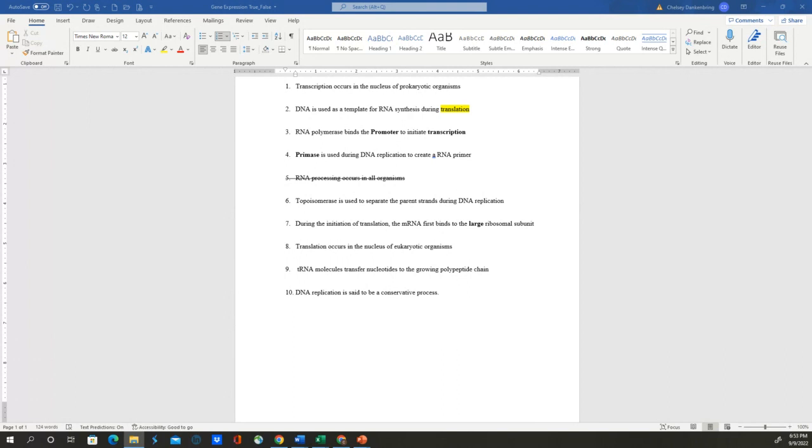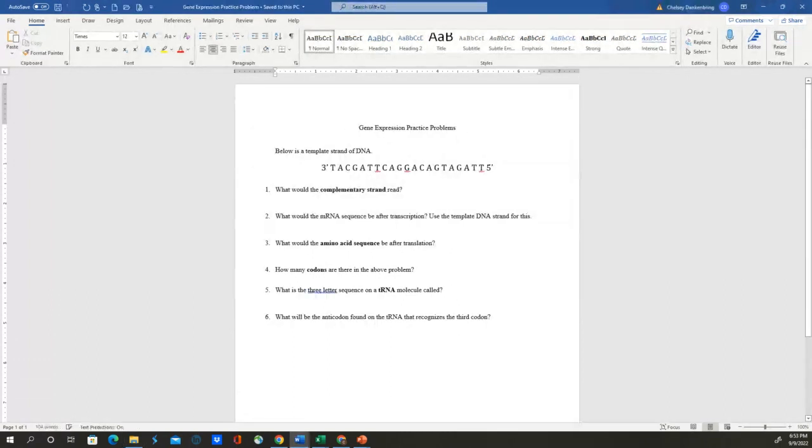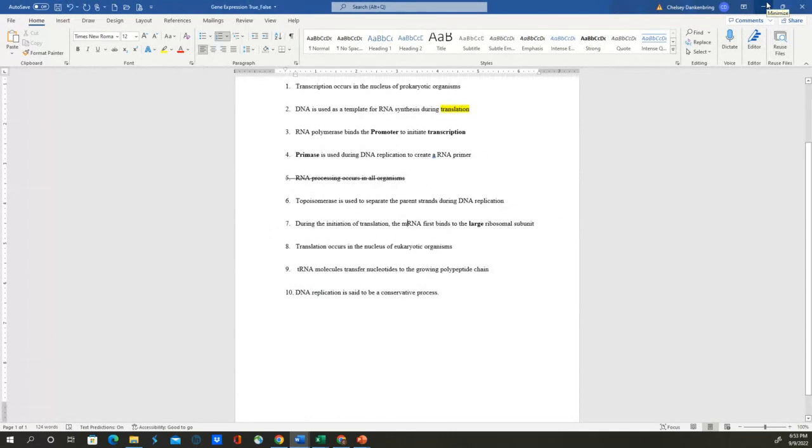Good, that was a pretty detailed one too. All right, last but not least, DNA replication is said to be a conservative process. What's wrong with that? Good, it's a semi-conservative process. Yep, and so remember, we mentioned this earlier,